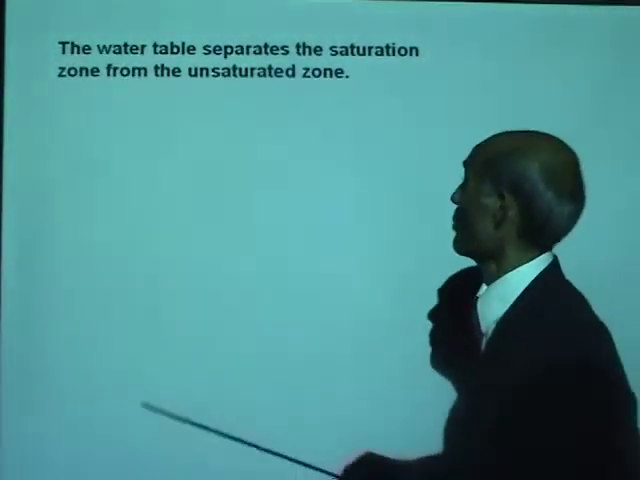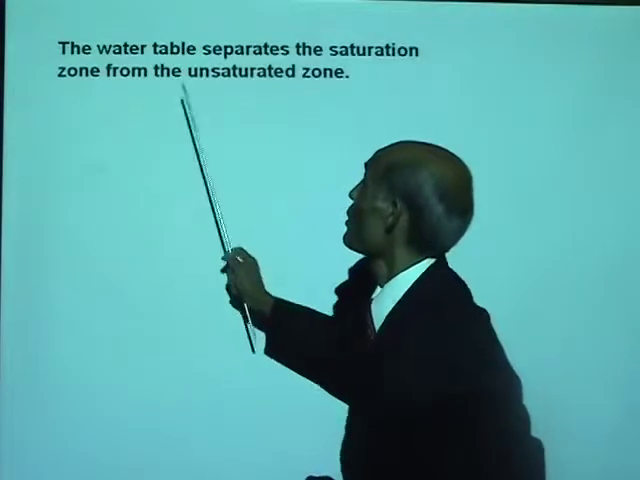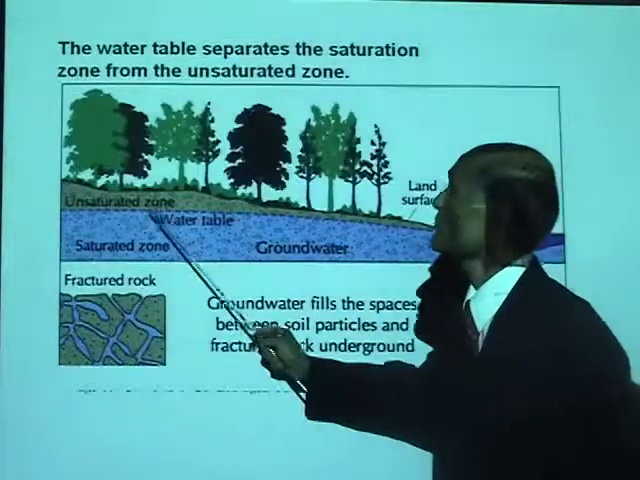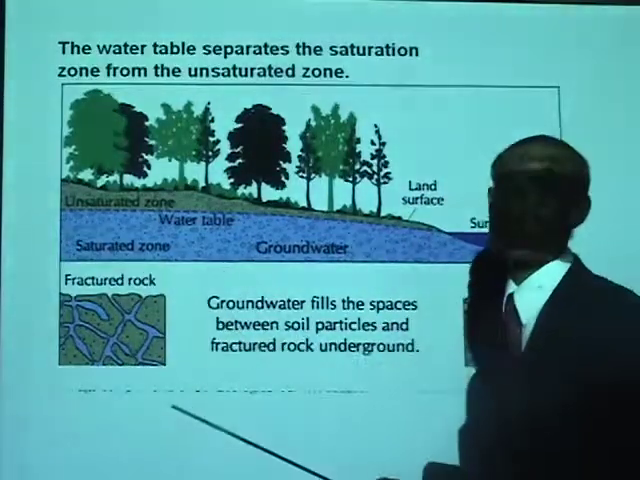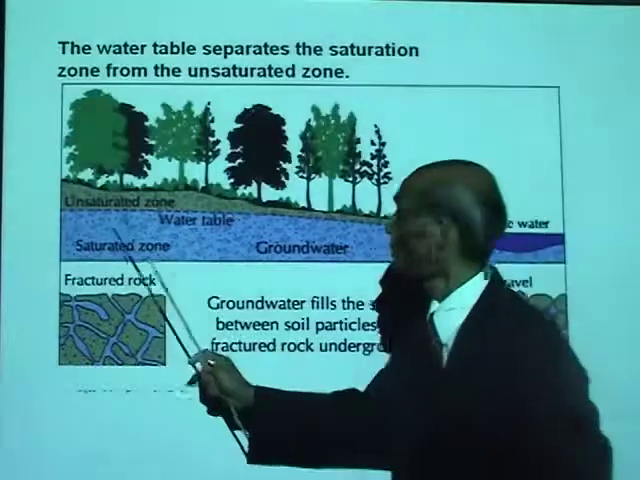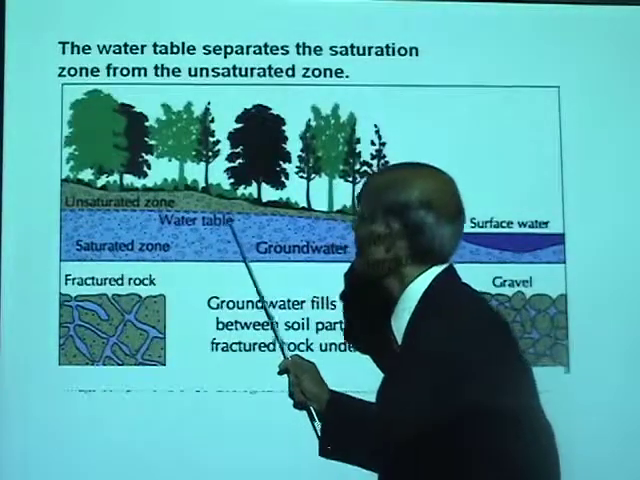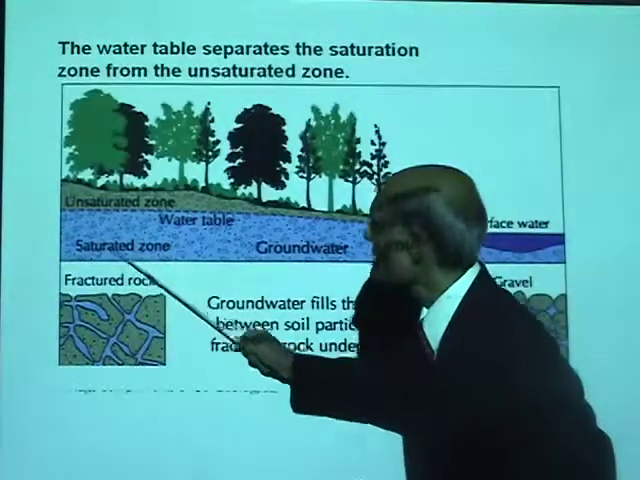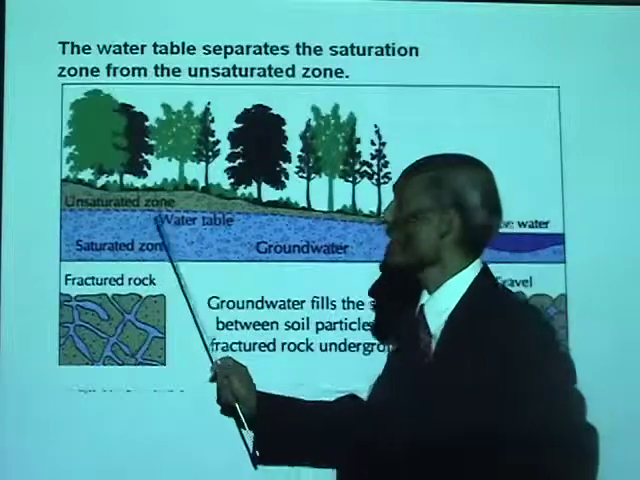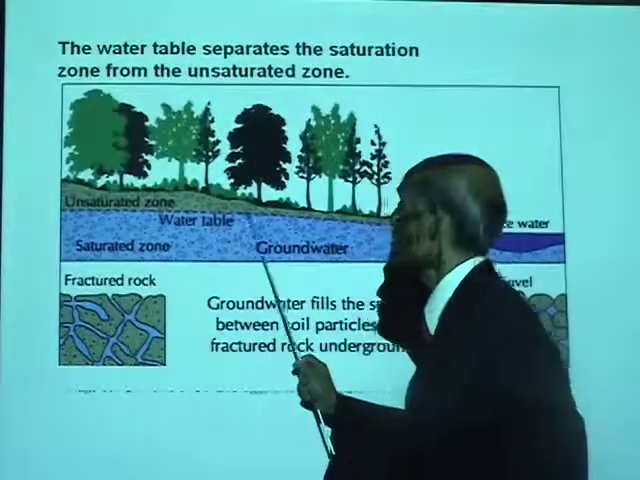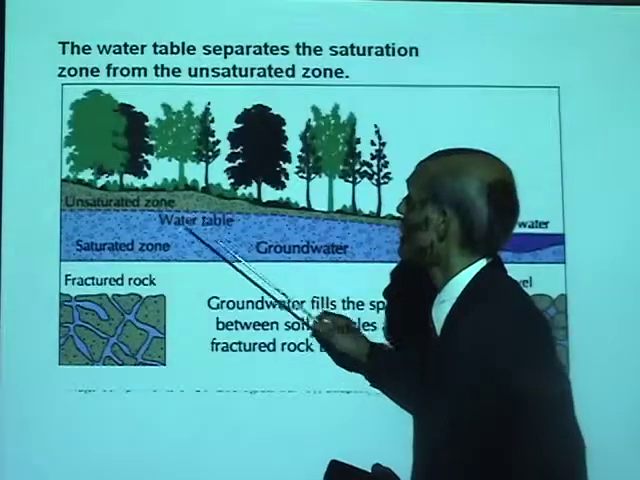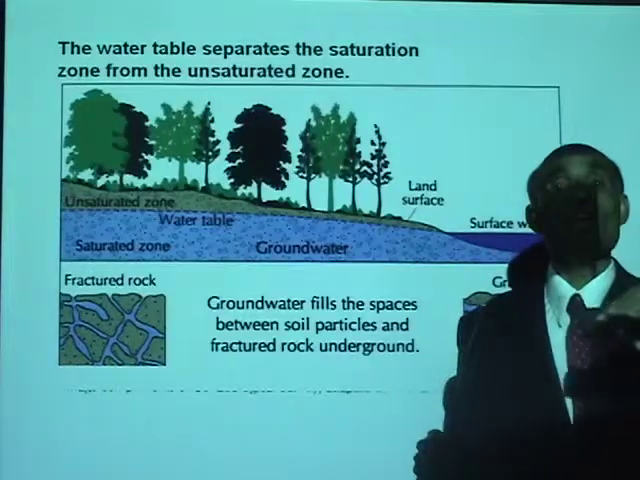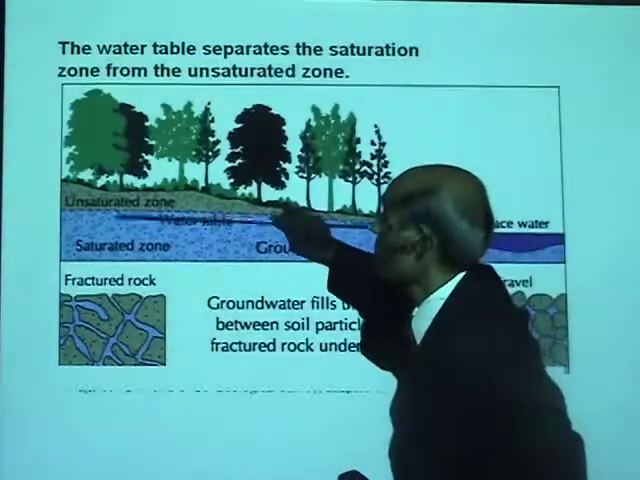Now the water table separates the saturated zone from the unsaturated zone. That's the unsaturated zone and this is the saturated zone. So if this layer normally is not a low permeable substance, then this will be an unconfined aquifer. On the other hand, if the separation between the unsaturated zone and the saturated zone is very hard clay or rock, then this will be a